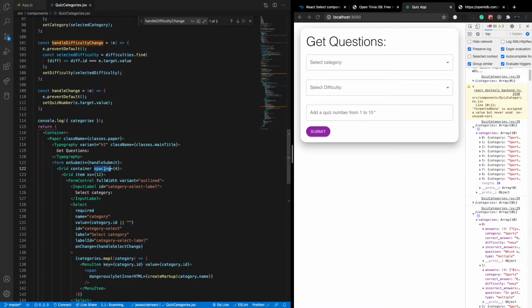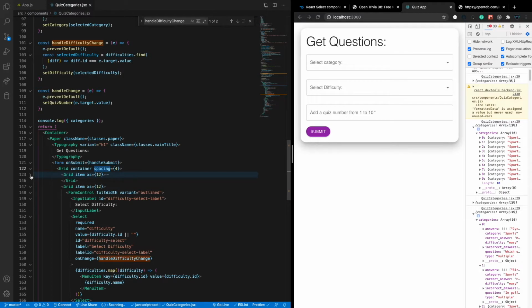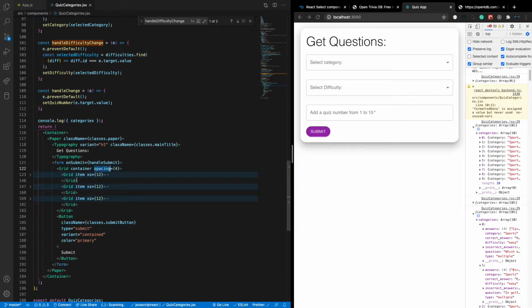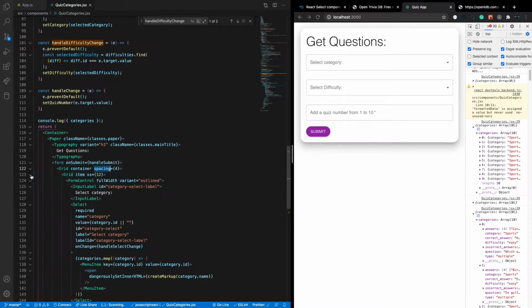And we call this also second props spacing. So we'll add this spacing as a margin between each item. Then inside this grid, we add also a grid for each child or each item. As you see here, we have around 3 items inside this grid, and each item will represent a different input or select. For example, this grid here, we treat it as an item by passing this prop, called item, and we'll